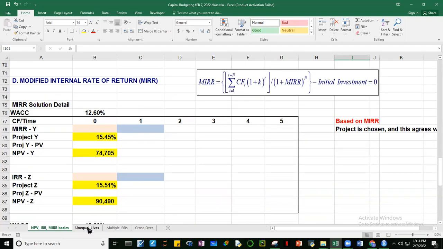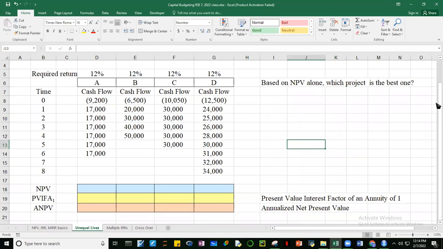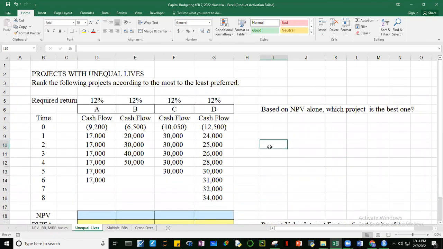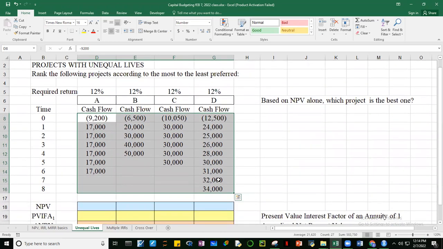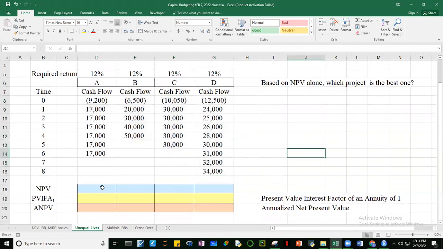Okay, so next, guys, let's go to the next worksheet. Okay, ito naman, guys, ito pinapakompute sa atin paano kung unequalized yung mga projects natin. Okay? So because if we compute for the NPV, baka mas malaking NPV yung mas mahabang period, no? Kasi syempre pag mas mahaba yung term life ng project, mas yung mga cash inflows magdadagdag sila sa NPV. Okay? So let's first compute for the NPV.